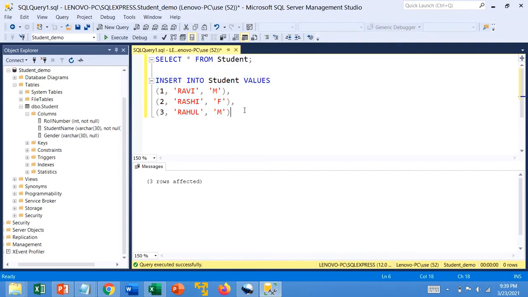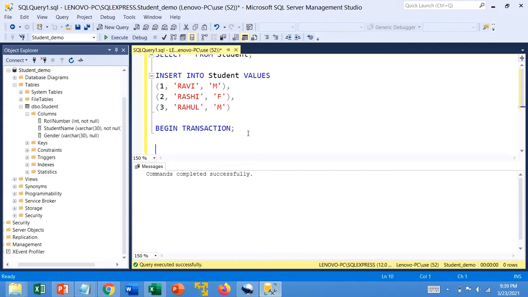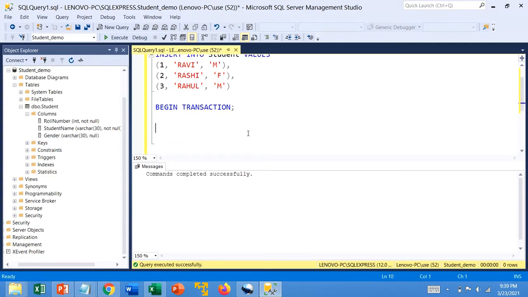Now we will say begin transaction and after that we will say commit. So whatever records we have inserted will be committed.